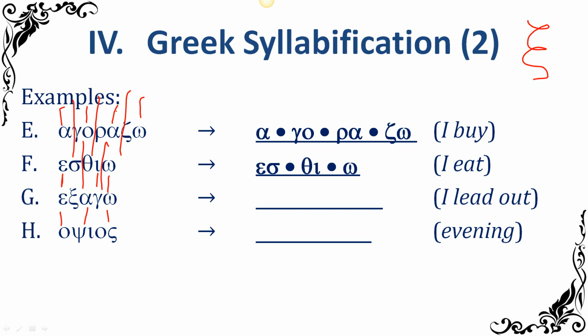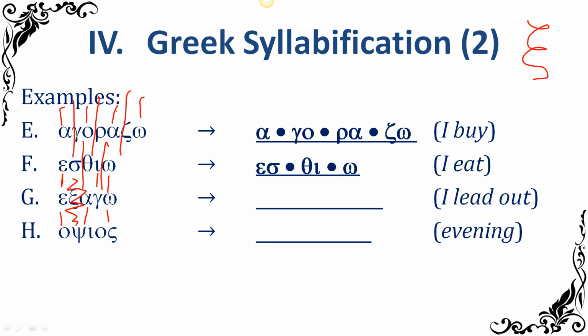All right, so for the very first vowel sound, the epsilon, we know that it would automatically get a consonant in front if there was one, but there isn't one. So that's kind of a moot point. But the big question is whether or not it gets that consonant that comes afterwards, the xi. You have to divide it, because it's a double consonant. So it is going to divide the double consonant. So you're going to have ek on one side, and then the sigma is going to go on the next side.